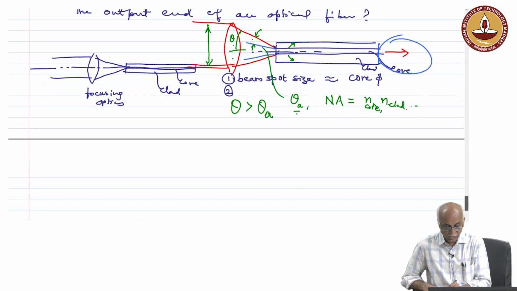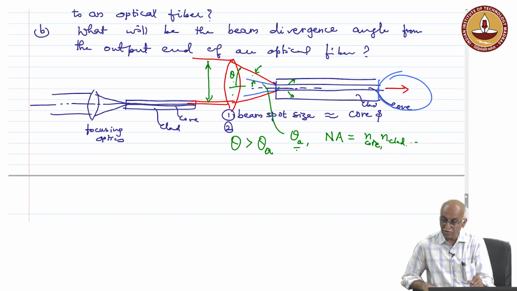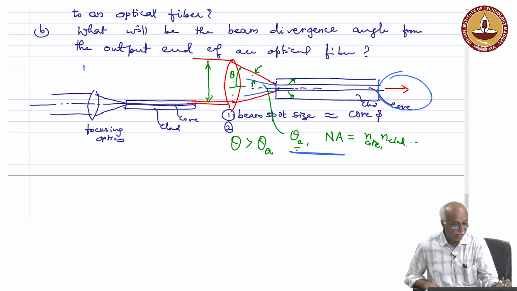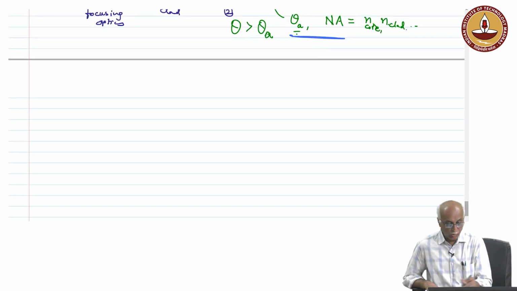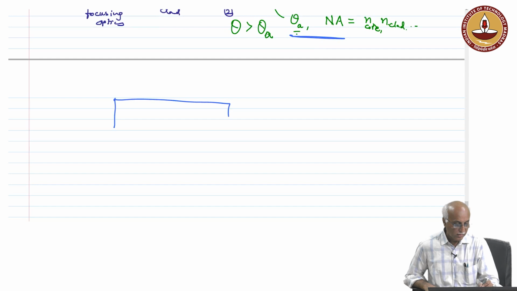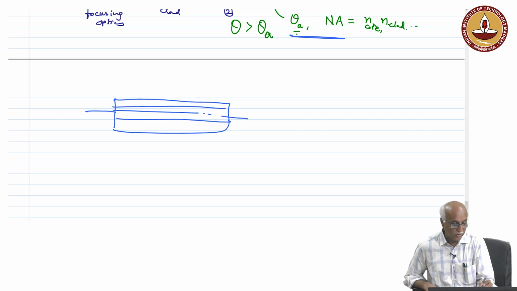Maybe first and foremost, I must tell you that what I am talking about here, in this case also, optical fiber, is the case of a multimode fiber. In case of a multimode fiber, at the output end, the beam divergence will also be dependent on